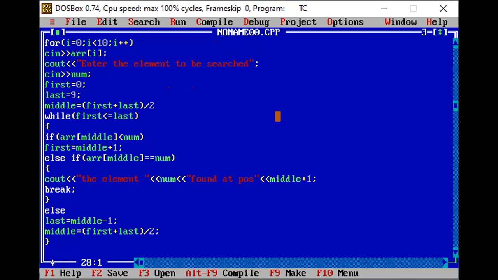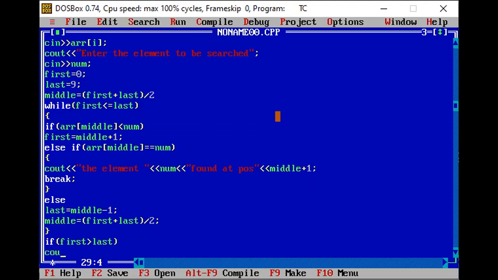So we can have like this: if first is greater than the last element, we can print cout the number, the element, that is the num, is not found in given array.